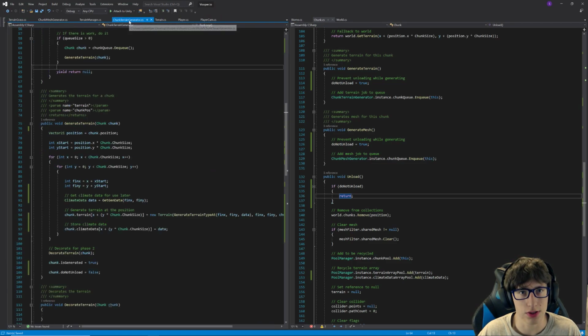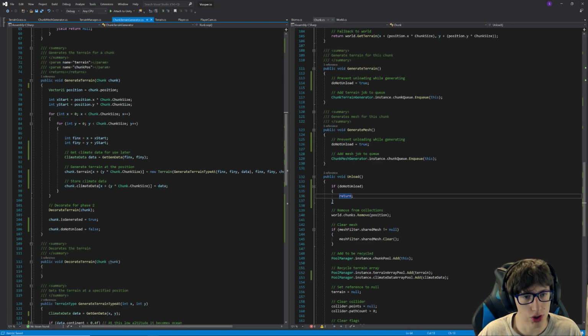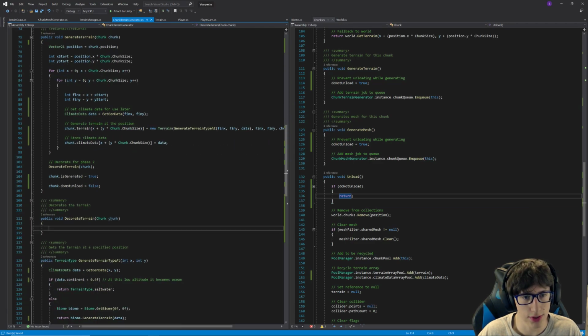So if we go into the chunk terrain generator, we can get the terrain, but when we actually generate the whole chunk, we decorate the terrain, and decorating the terrain is pretty special, because when we decorate the terrain,